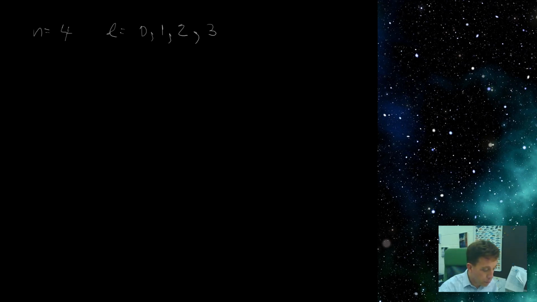And in this case again, 0 stands for an s orbital, 1 is a p orbital, 2 is a d, and now the third one right here, we call this an f orbital,